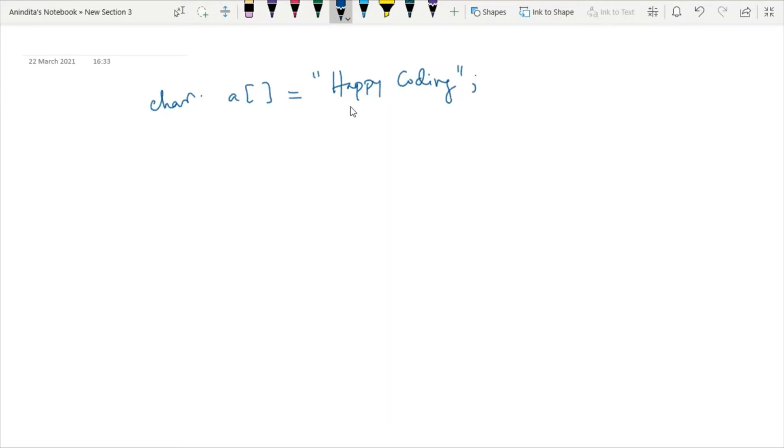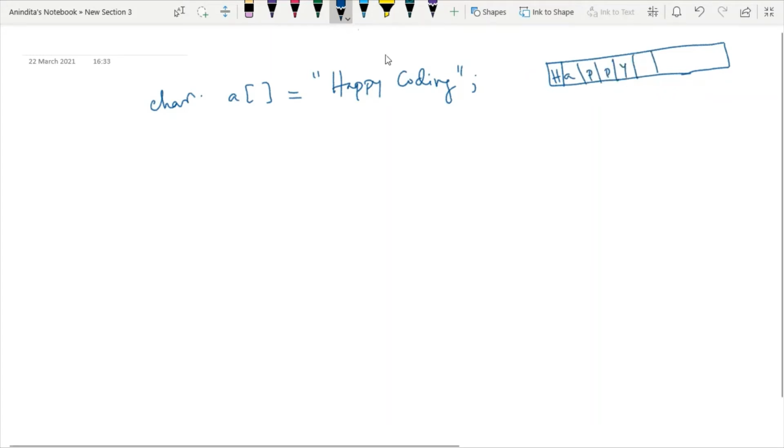So what is the meaning of this line? We know that in the memory a space will be allotted, and here it will be written as happy, then we have the blank space here, and then we have coding. But since it is a character array, we have one extra character, that is null.